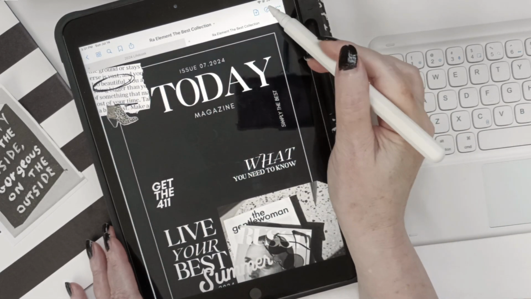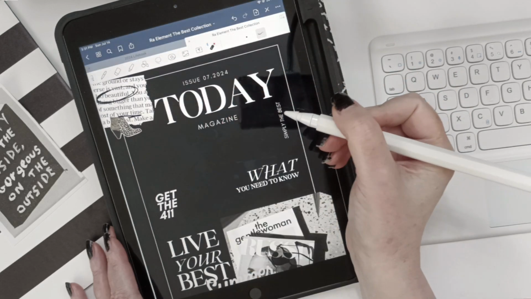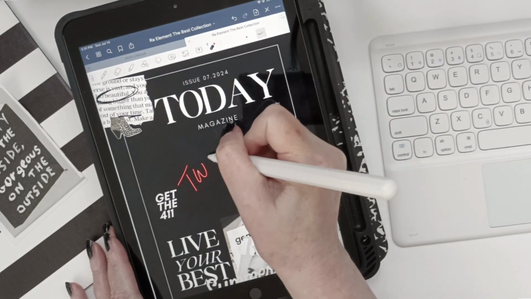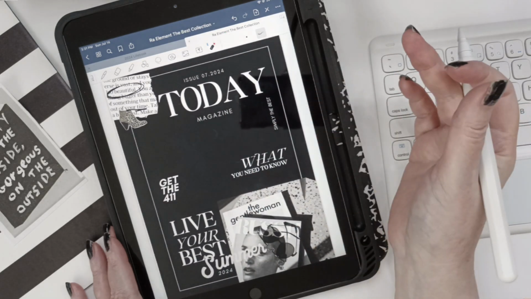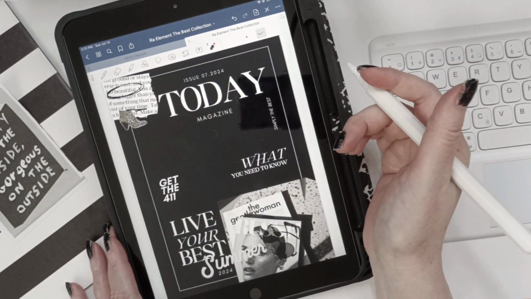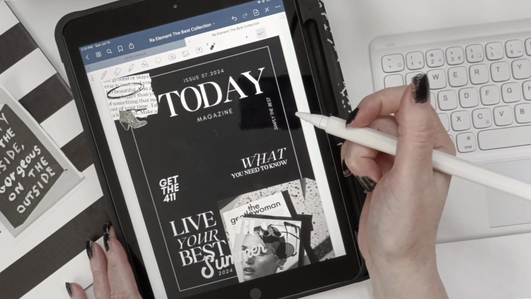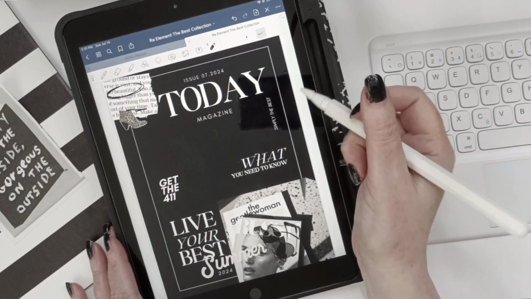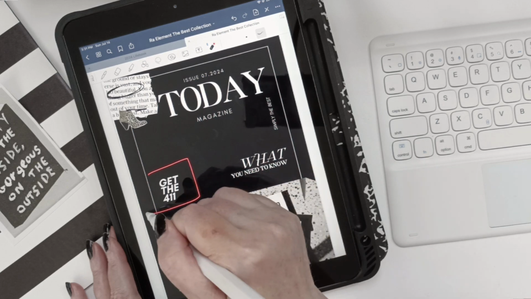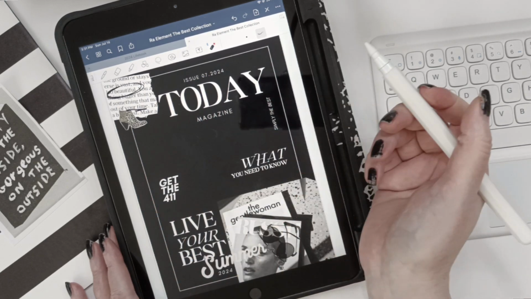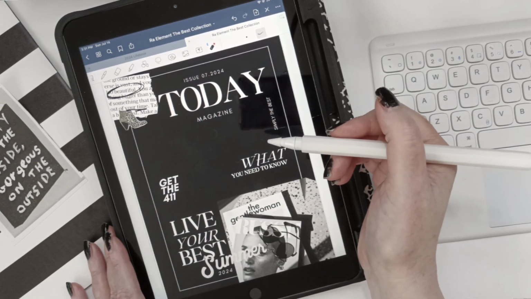That one is TW Cen MT, and I call it Twin Century, but that one is also downloadable through DaFont. But if you can't find that, then let me know and I'll add that over. Again, like you could crop this out. Like if you only wanted the Get the 411, then you could